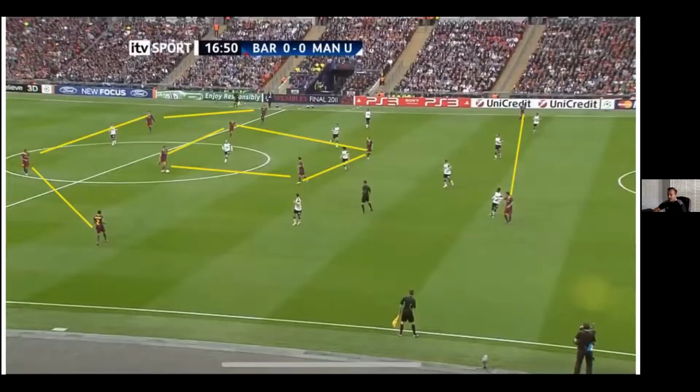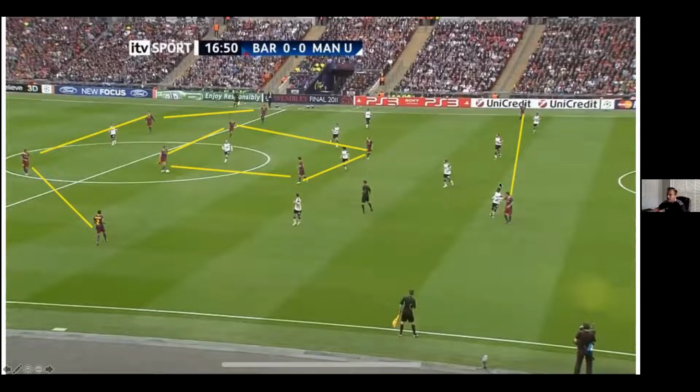But here's the idea. If you see this picture from the 2011 final, Barcelona versus Manchester United, look at these 2 forwards, Villa and Pedro. This entire back four is occupied by these players. They cannot step out or else these guys are going to run in behind, which means United has 1, 2, 3, 4, 5, 6 players that they're pressing with against 1, 2, 3, 4, 5, 6, 7, 8 outfielders of Barcelona, right?